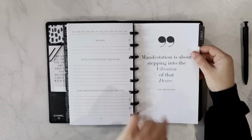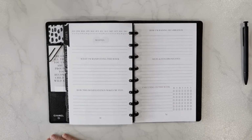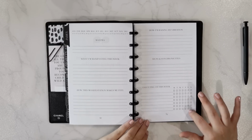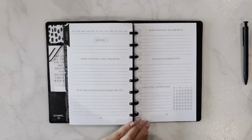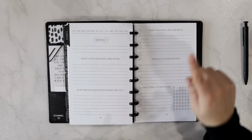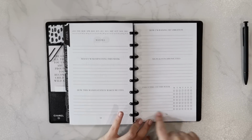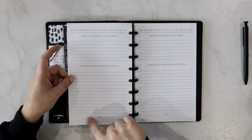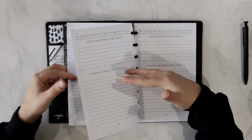So this is fresh inserts that haven't been bound. This is what the High Vibe Bible looks like. I just had the binding removed on this so that I could put it in here. This is the weekly overview page where once a week, you'll set your mantra for the week, what you're manifesting, how the manifestation makes you feel, how you're raising your vibration, signs and synchronicities. And then there's a little habit tracker here for what you're executing on. And then every day of the week, you've got one page to list your gratitude and how you're aligning your thoughts and actions for manifestation. And then at the end of the week,